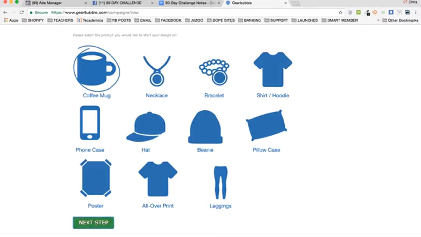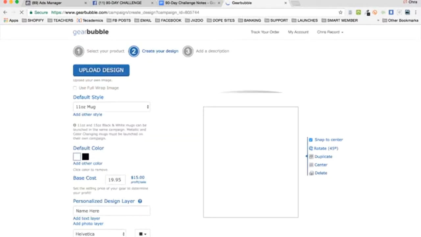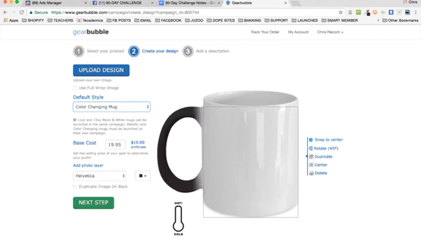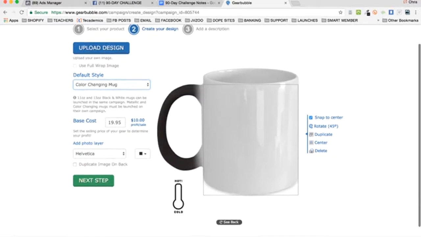So let's say you choose a coffee mug. You're going to click next step, and then you've got to come up with a design for what you want to do. And there are different types of mugs. Here's a color changing mug, and your base cost is $19.95, and you're going to make $10 profit per sale. So how this works is, if you wanted to sell that,